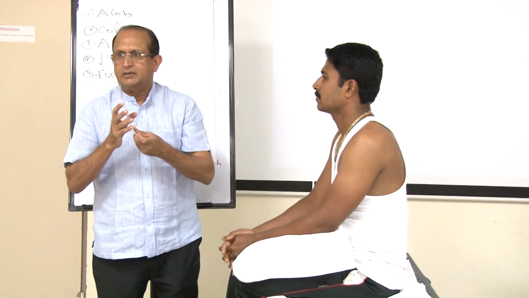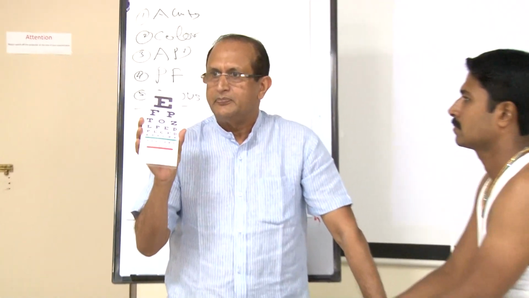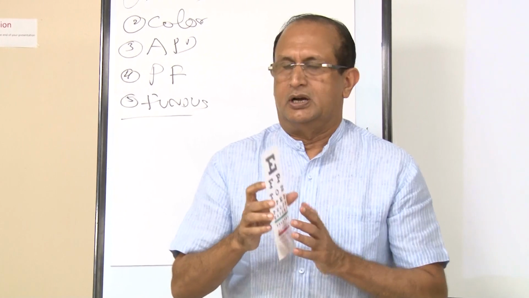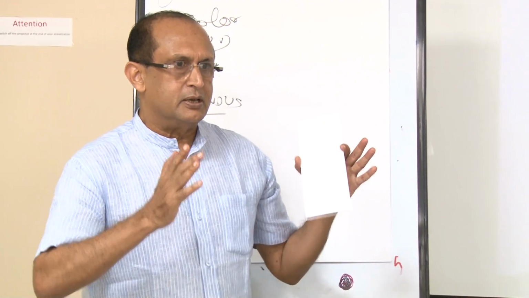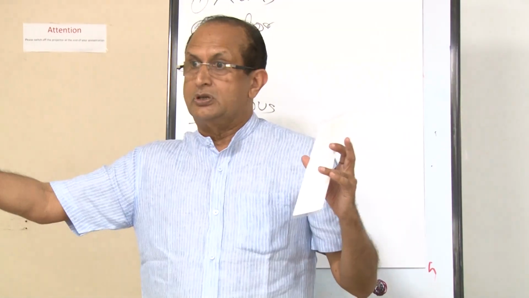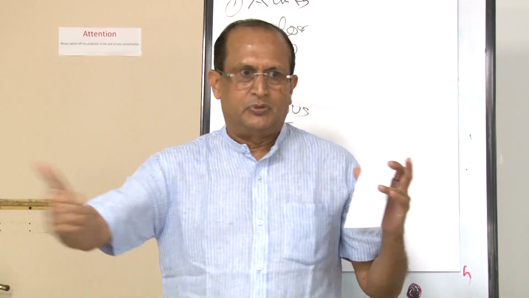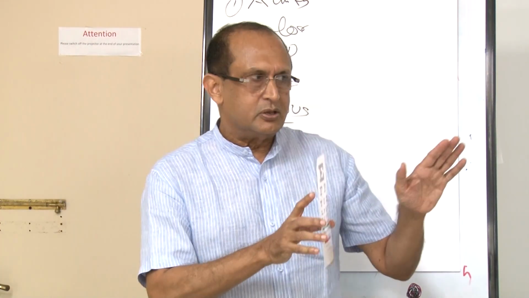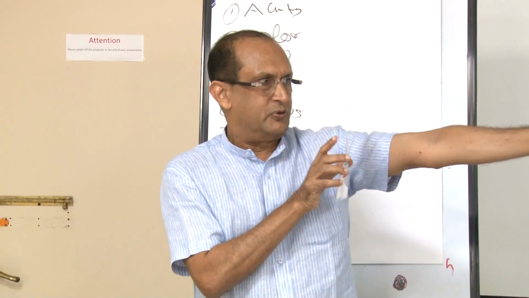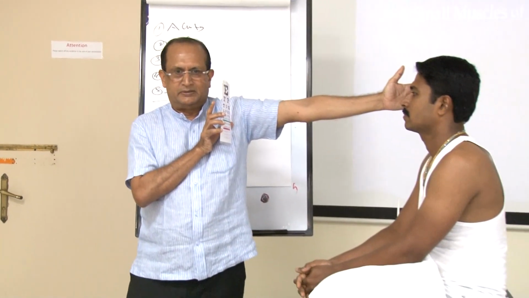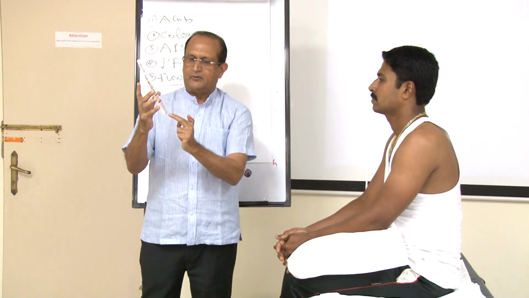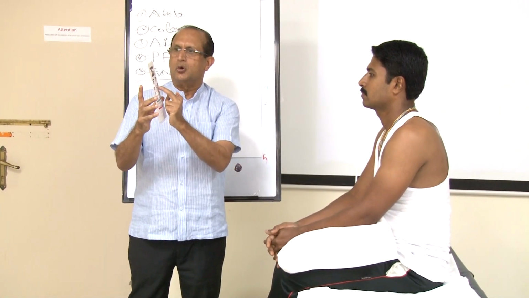This is a pocket Snellen chart, all of you should carry. This is called a Rosenbaum card. Usually in the real scenario, you should be 20 feet away from the Snellen chart, but here you need only 14 inches. 14 inches means almost one hand length. 14 inches is enough. So you ask him to read the lowest line and then go up.